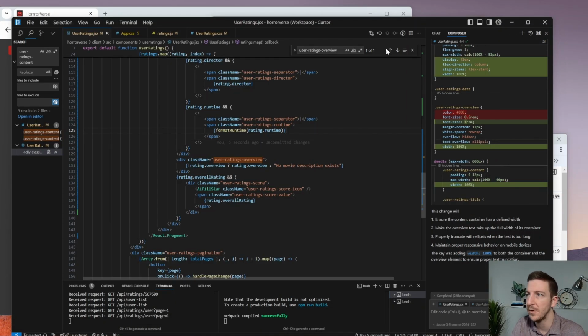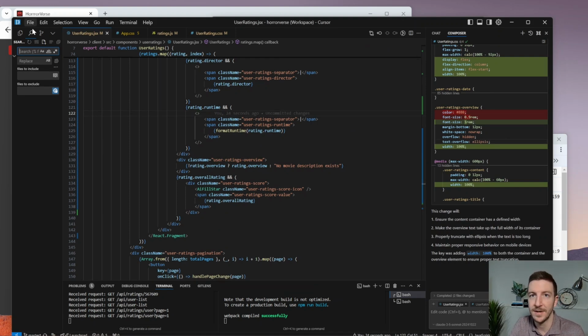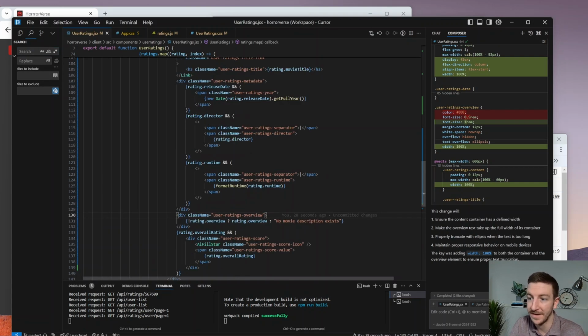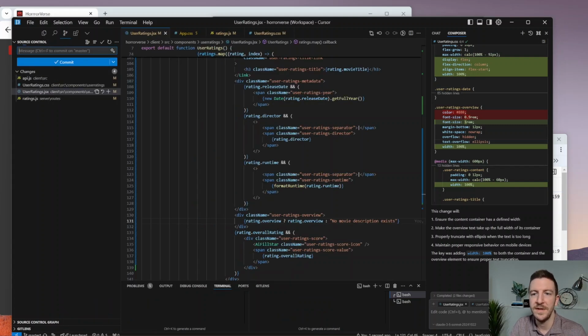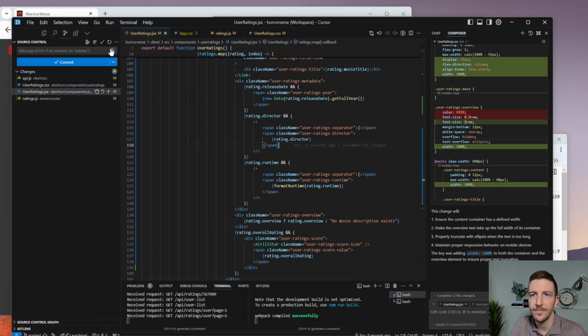Let me show you one last thing. We're going to have Cursor actually generate our commit message because it can do that. And like I said in a previous episode, it can get kind of long, but it's a little bit funny. So let's fix this to be the right logic. Let's pop back over to this and say, hey, Cursor, tell us what we did. So literally generate commit message, and it's going to be